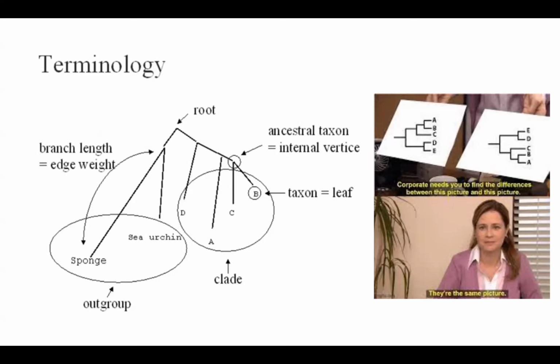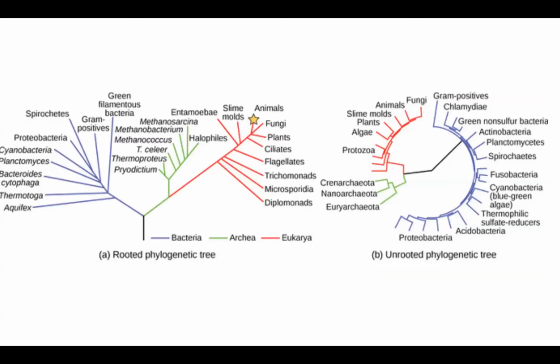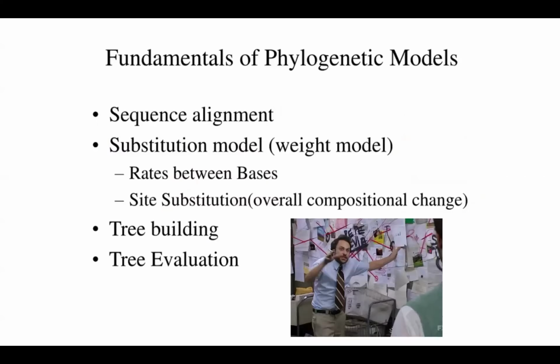So we can build a tree in different ways. I think everybody knows that already, and they can be unrooted or rooted, for example, they can be weighted or unweighted, and they are used everywhere. Like in biology, they are very popular. So how should we build them if we want to?